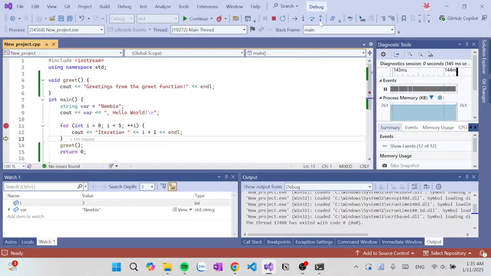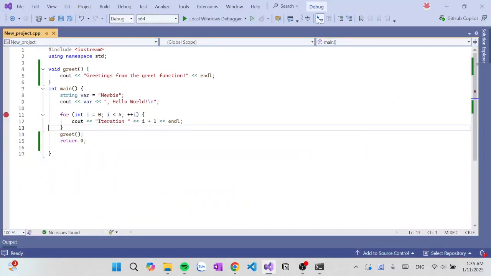And the last one, step out, it will execute the remaining code and turn out. So if I click it, then you guys see we still have one more iteration, but the debugger has stopped because we have clicked step out. So yeah, that's basically step over, step into, and step out.